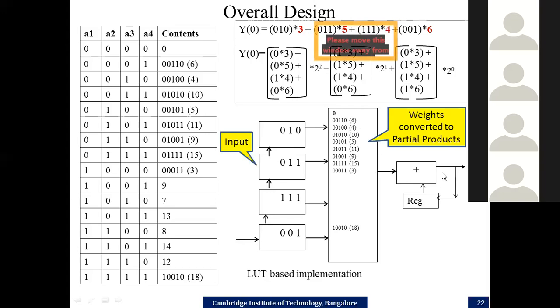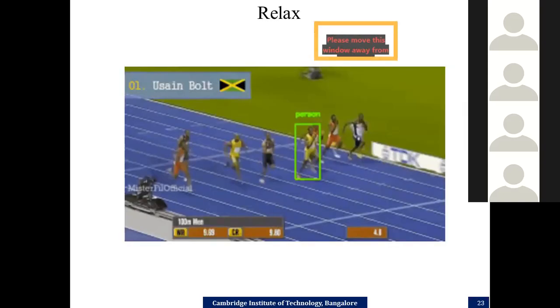After reading it out, we have to perform the process of addition, and also multiplication by 2 power 0, 2 power 1, 2 power 2. Let us see how we are going to do that. In this simple structure, once data gets loaded, you are able to use the LSBs, middle bits, and MSBs to read out the content of the lookup table, because it has already been pre-calculated and is available to us. Once you read it out, you have to perform multiplication and addition.